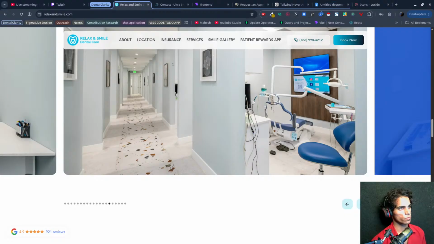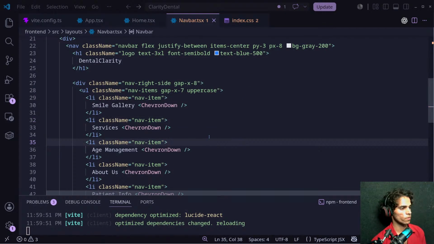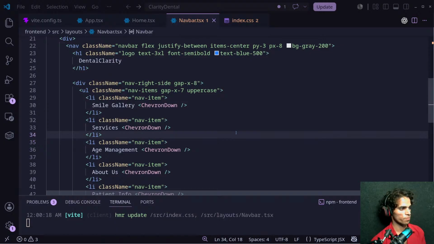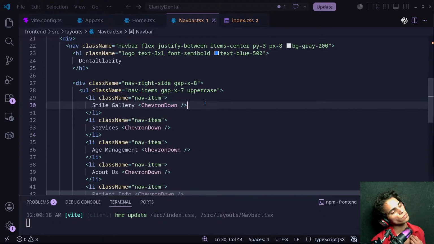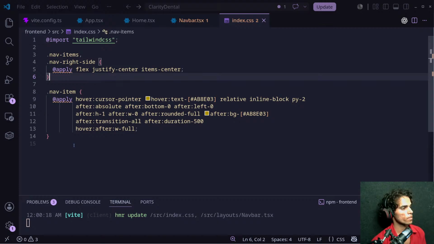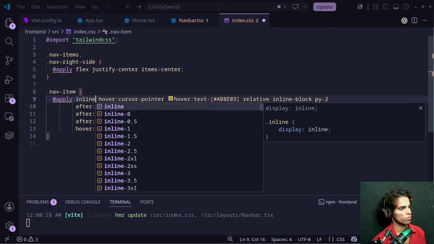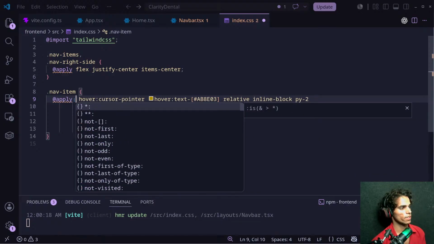Let's get into this. Okay, this should be in a single line. So what I'm going to do, make all of them nav items. I want to open inline block. We already have inline block for nav item, so inline block.